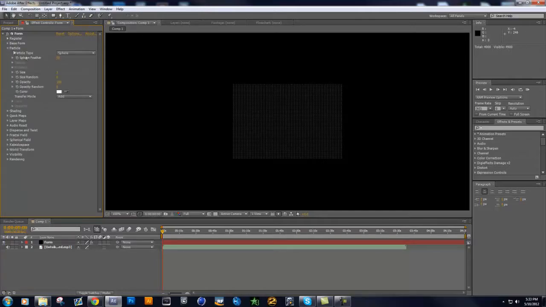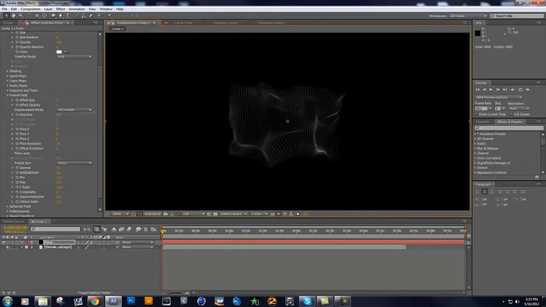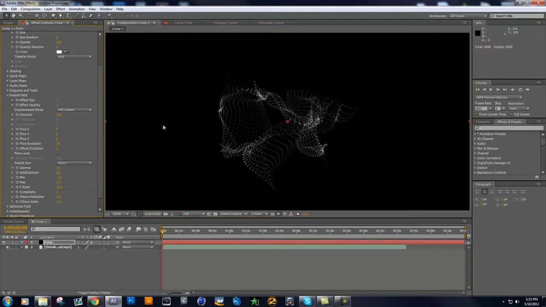Under the Particles tab, this is where you choose your color. We'll come back to that after. Make sure your particle type is on Sphere though. Then we're just going to go down to, I believe it was, Fractal Field, and we're going to change the effect size and effect opacity both to 1. As you can see, it does this nice looking shadowing effect, but it also adds a displacement. If we move the displacement, as you can see, it does that, and this is kind of the effect that we want. But I'm going to come back to this in a second,